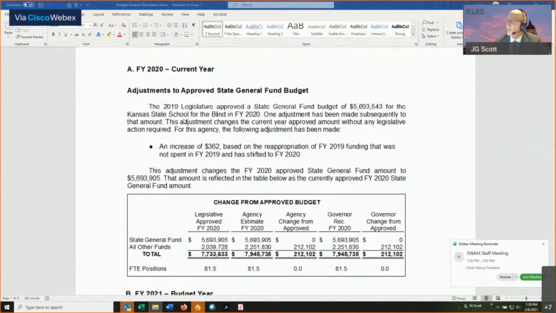The legislature passes it, and then it will be approved. But the approved state general fund expenditures can be increased and decreased. We'll talk about some allotments. That's where the governor went in because the projected ending balance for the end of the year was below zero. Constitutionally, that can't happen. So the governor reduced budgets in the executive branch to bring that ending balance up to zero. And you'll hear about those in the budget analysis.